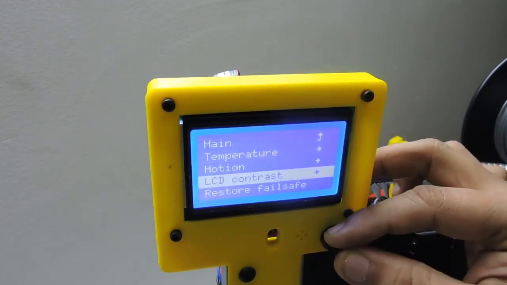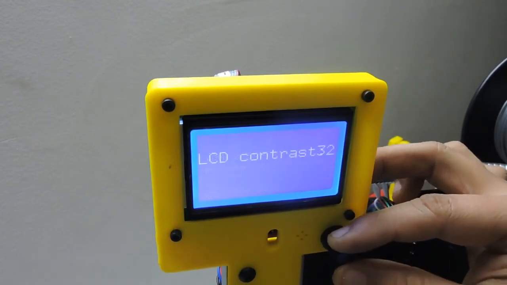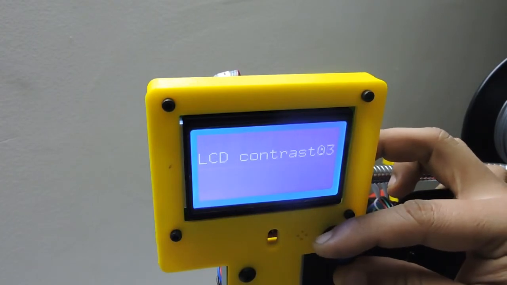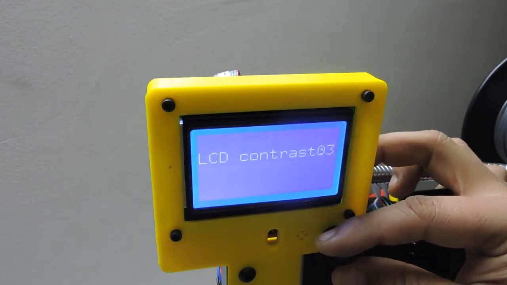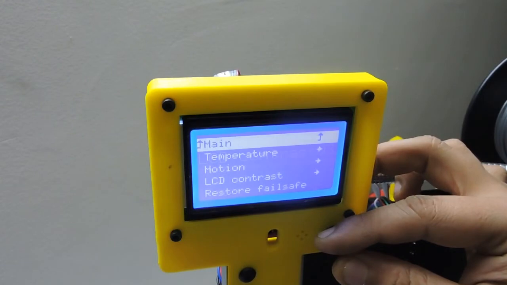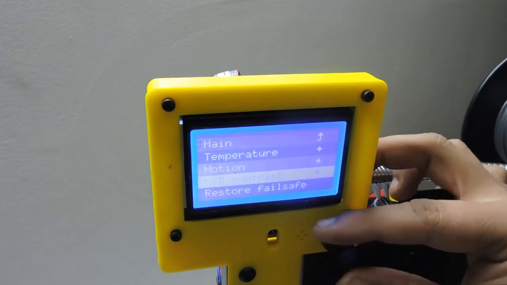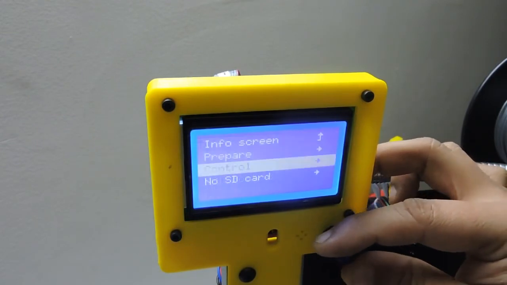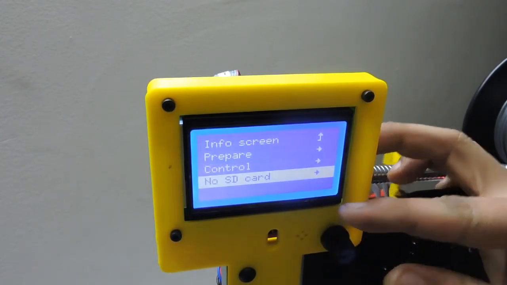This is the LCD contrast setting which you can increase or decrease to improve the contrast. So this is all we have in control, and here it is showing no SD card.